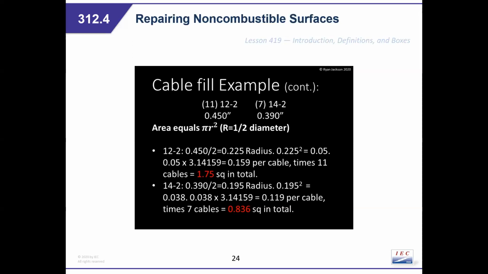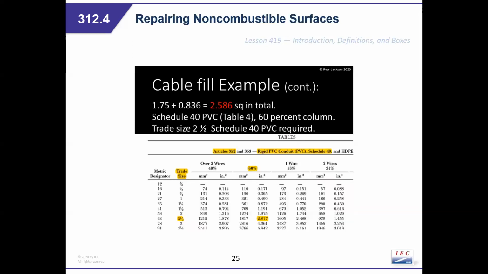So the 12.2s, you got that 0.45 divided by 2, 0.225 radius. 0.225 squared is 0.05. 0.05 times pi, 3.1415, is 0.159 per cable times 11 means you've got 1.75 square inches total. Following the same math with the 14.2, you end up with 0.836 square inches total. So now you have to continue on